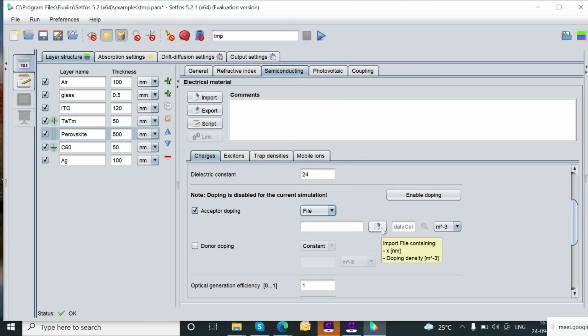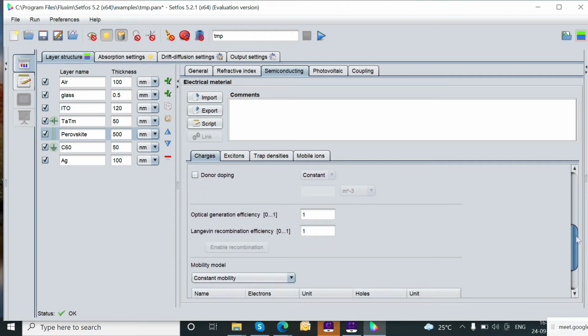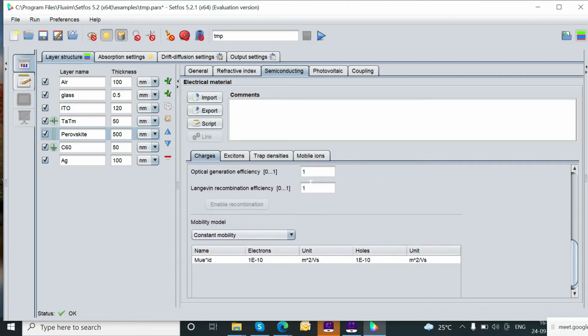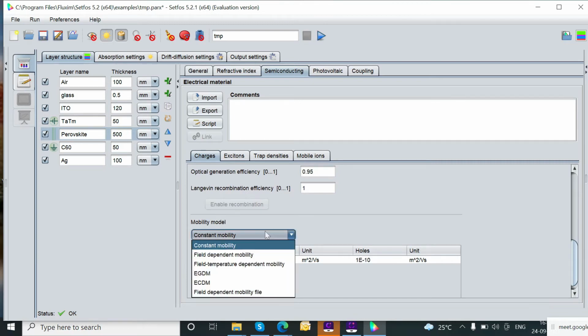If you would like to dope the perovskite layers, you can activate this checkbox by clicking on acceptor doping. If the value of this doping is constant, then you can define the constant value here, concentration in per meter cube or per centimeter cube.